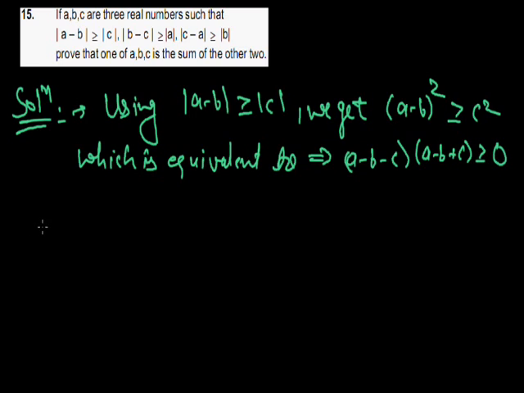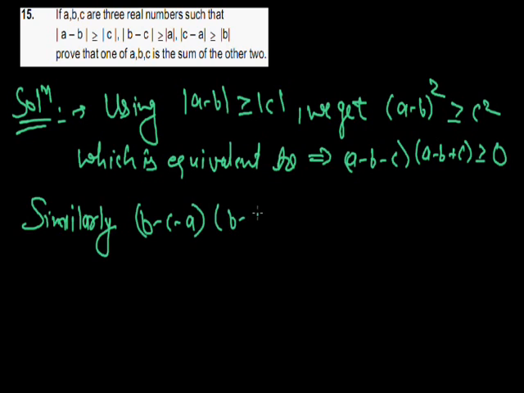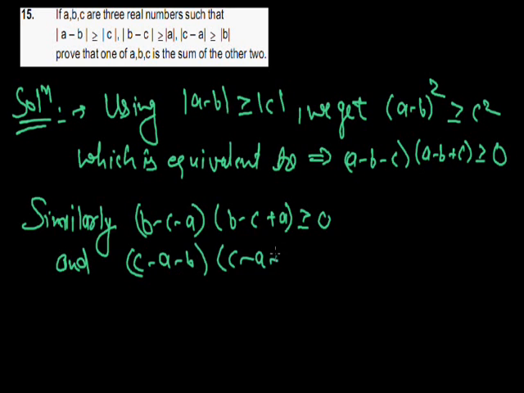Similarly, we can say that (b minus c minus a)(b minus c plus a) is greater than or equal to 0. Also, (c minus a minus b)(c minus a plus b) is greater than or equal to 0. Now multiplying all these three inequalities, we would have